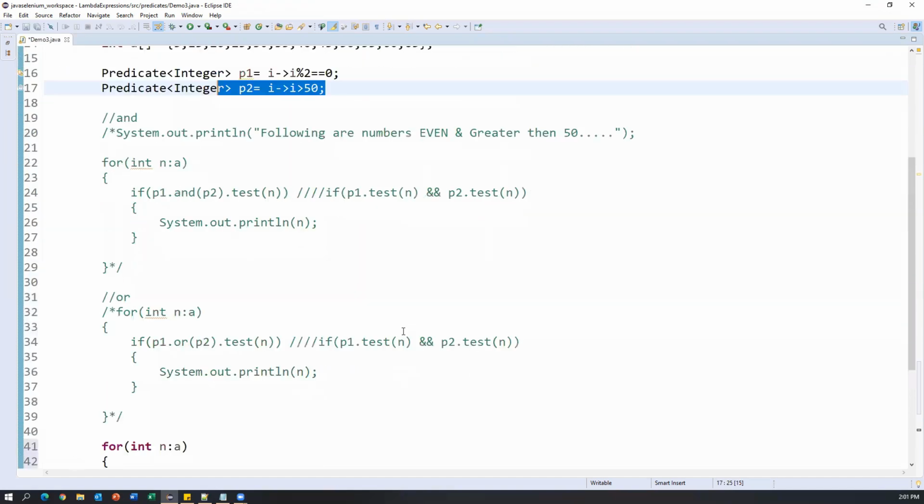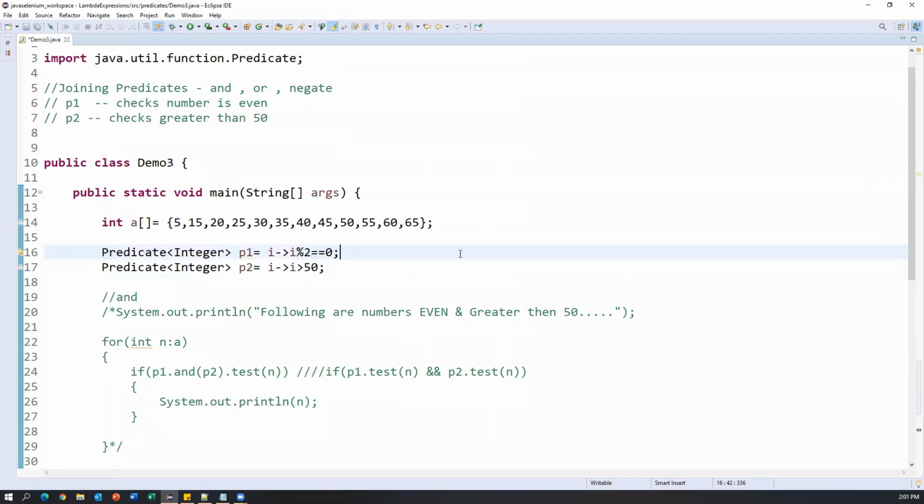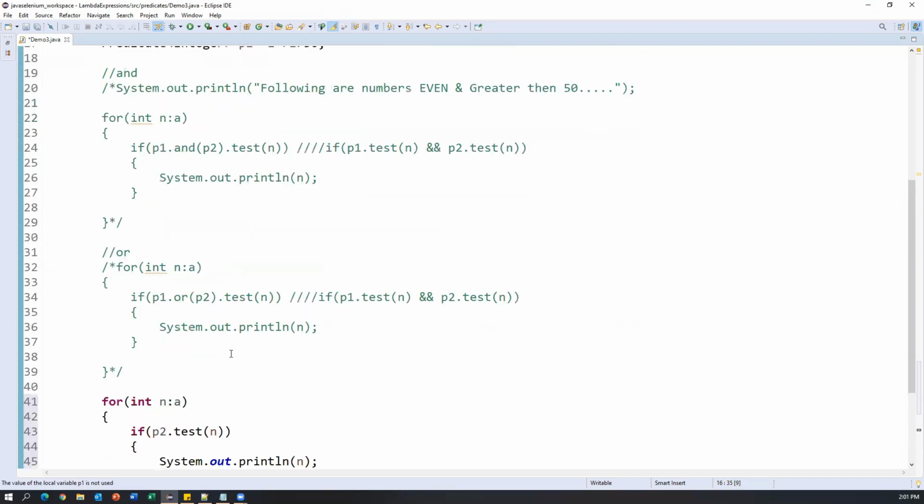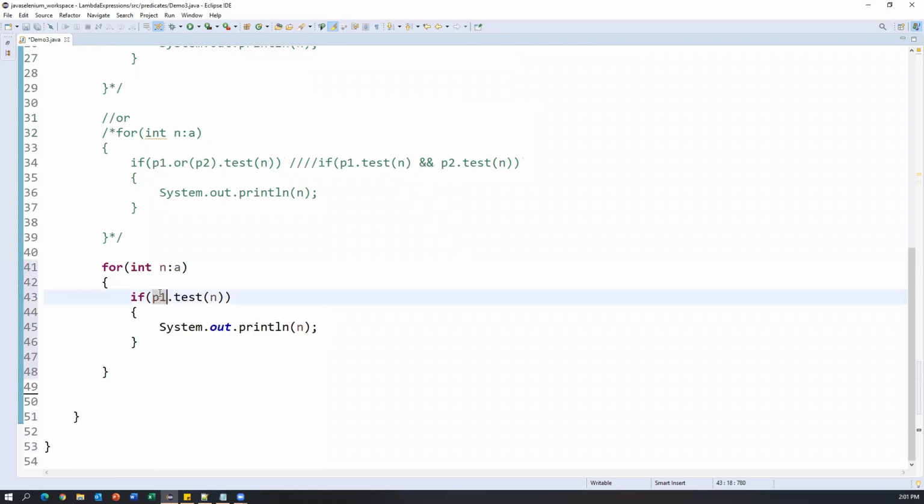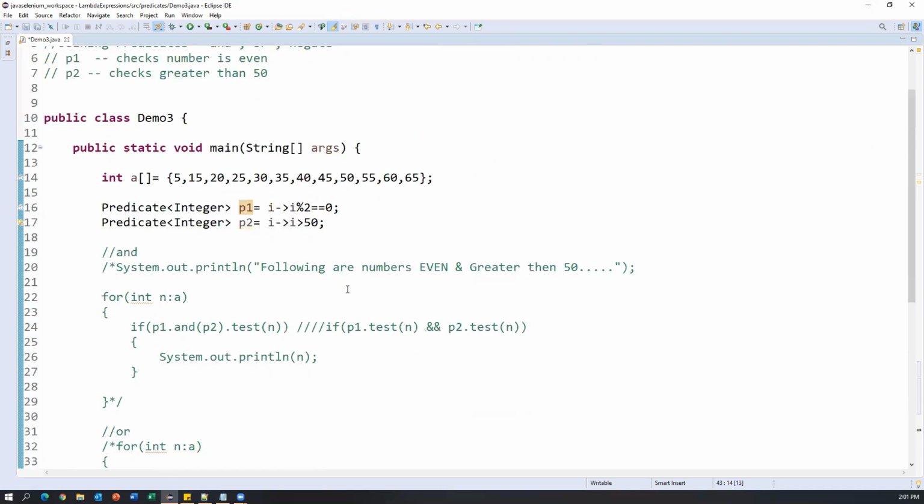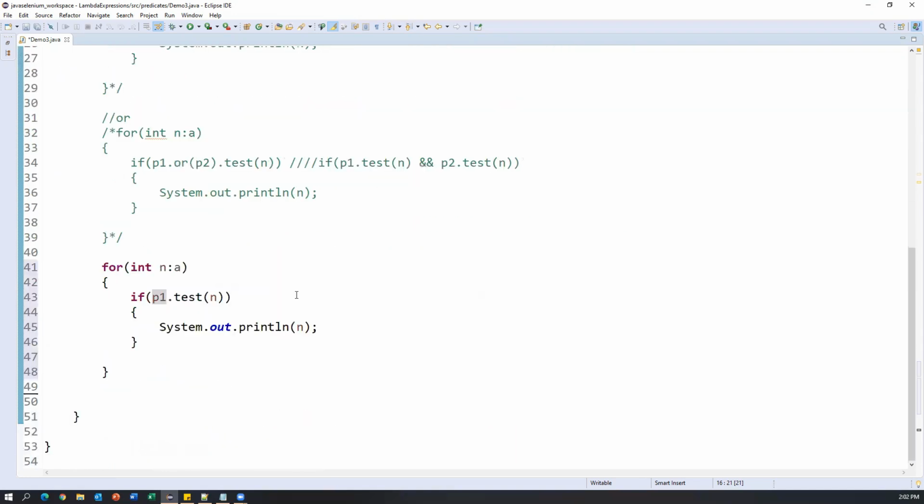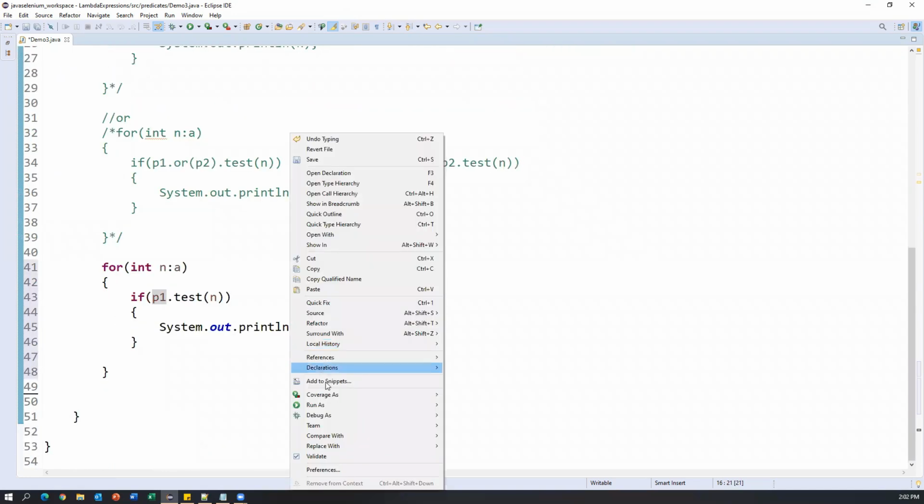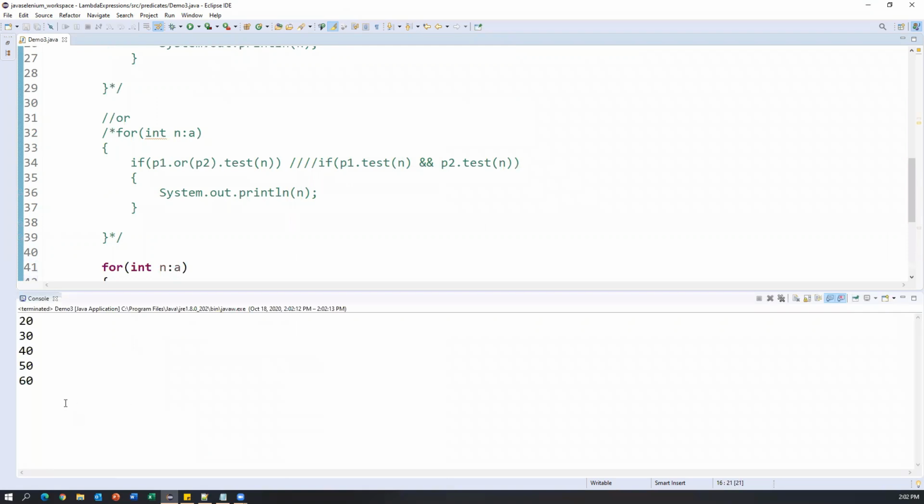Or else, let us take the first one, because it returns even numbers, and odd numbers are the reverse of even. So let's take P1 now, P1.test, and I'm passing this value into P1. What will P1 return? P1 will return true only if the number divided by 2 equals 0. If the number divided by 2 equals 0, that means it is an even number. But if I just run this code like this, it will print only even numbers,